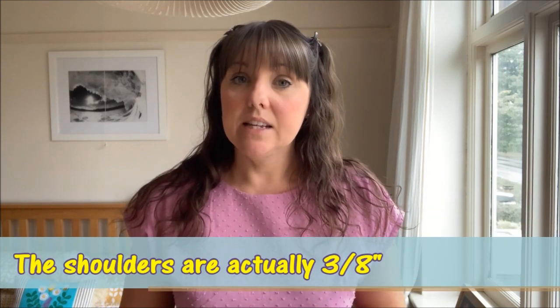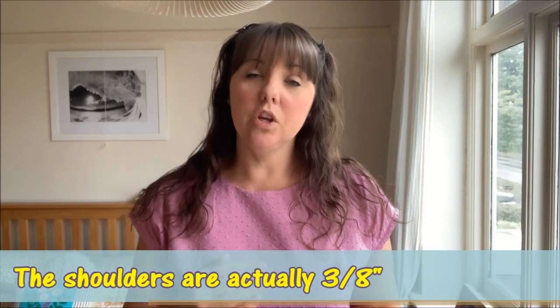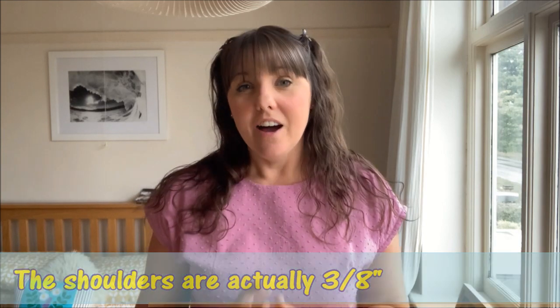So for instance, down the side seams and across the shoulders, it's 5/8 of an inch, and then everywhere else is 3/8 of an inch. So you need to make sure that you are following the instructions. I did make the error of using 5/8 across the shoulder seams, but I don't think that's made too much difference, to be honest. When I tried the dress on before hemming it, I was already happy with how the